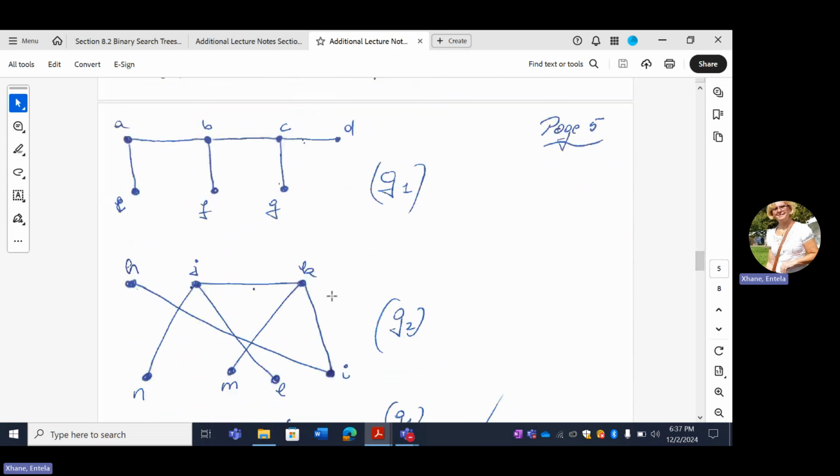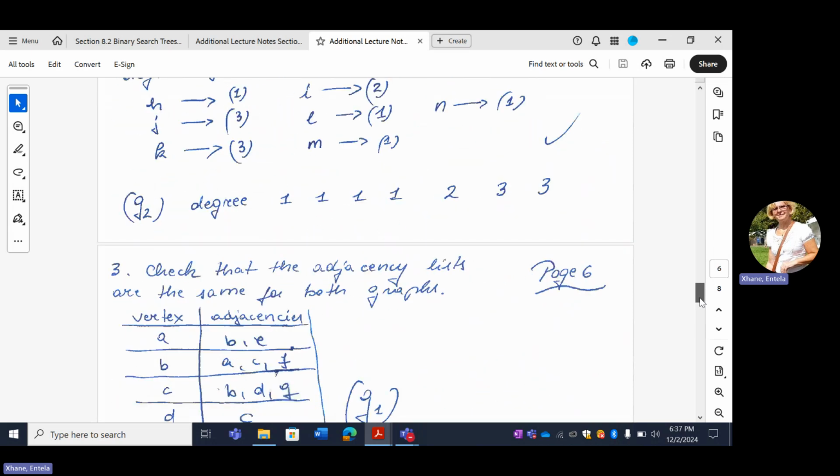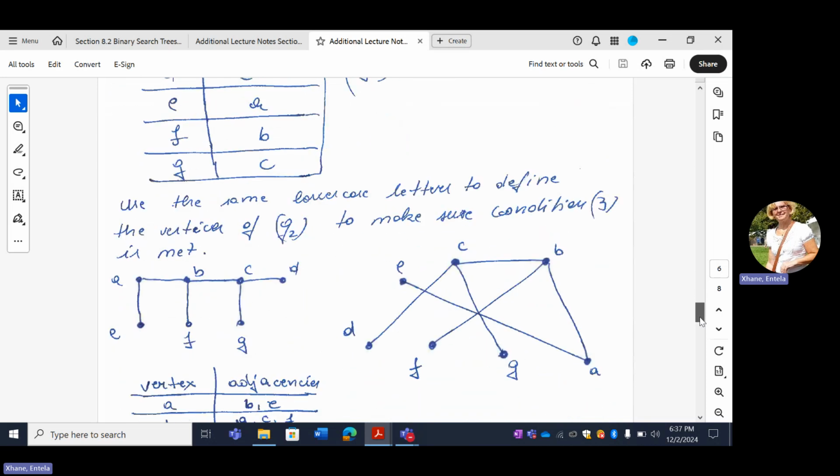These are going to be the J and the K. So one of them is B, the other one is C. And this H, N, M, and then L, all of them are going to be the E, F, G, and D. So if I follow that idea, then I should be able to rename the vertices of the second graph to make it easier for me